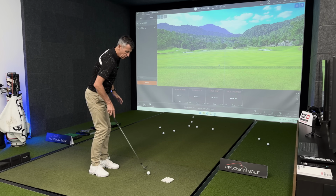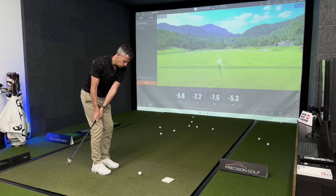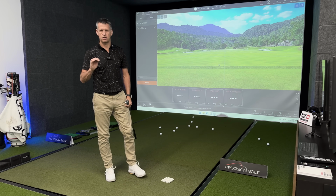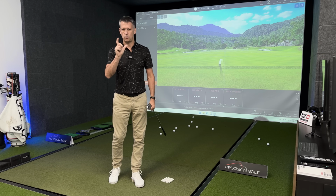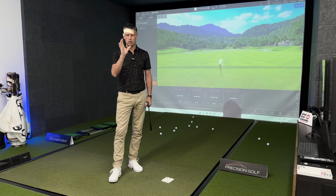Line your club face up and start to give you the opportunity to hit down and create flight. So transition between backswing and downswing will really start to open up your short game, whether it be